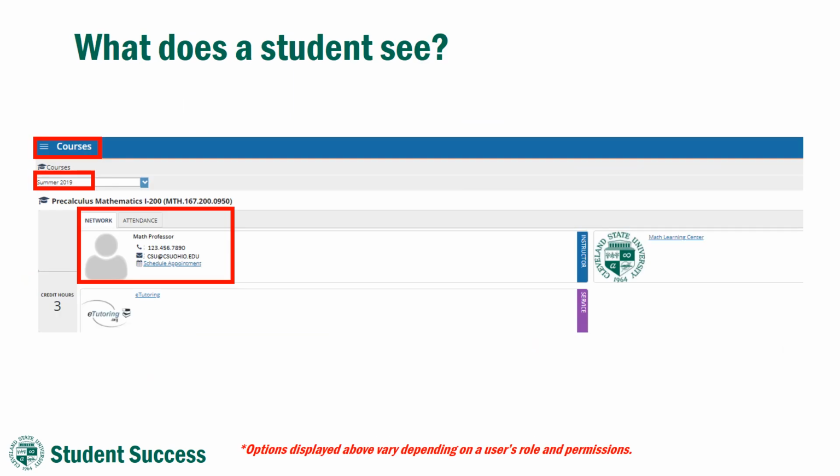A student can view a faculty member's profile, photo, phone number, email, or schedule via the Courses tab in Starfish after selecting the Options button at the top left of their screen. If a faculty member has office hours available, the student will see Schedule Appointment. If a faculty member does not use Starfish for scheduling, it will only say Online Schedule Not Available. If the student selects Schedule Appointment,